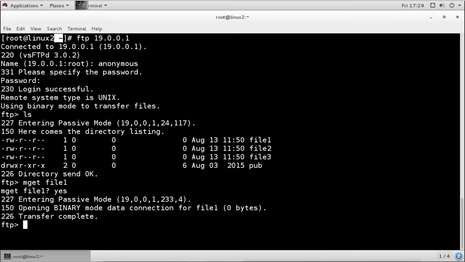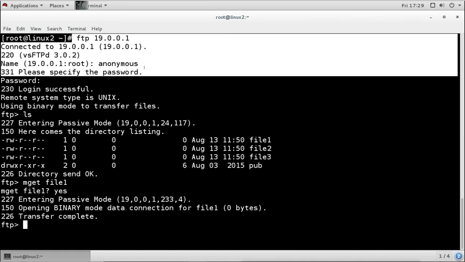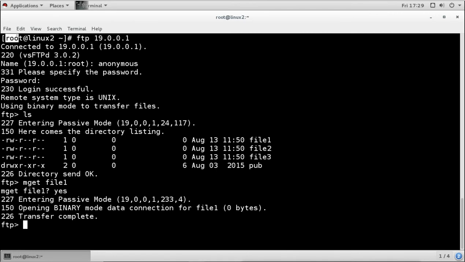So when we try to log into the FTP server, we were on root user's home directory. So when I download the file, I was logged in as a root user here, local root user, and also I was in the local root user's home directory. So the file which I download from the FTP server, it goes into that home directory.